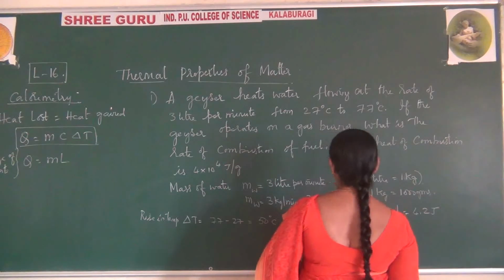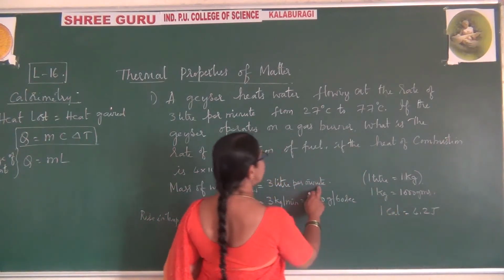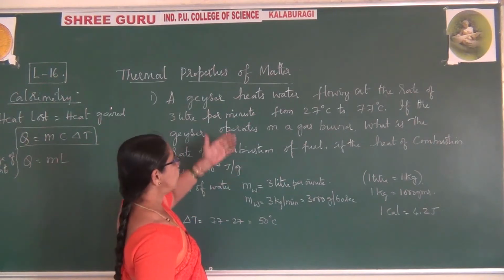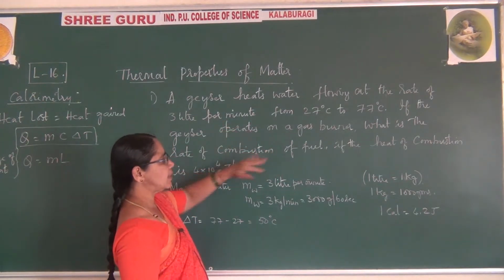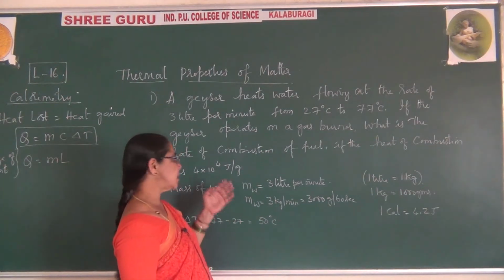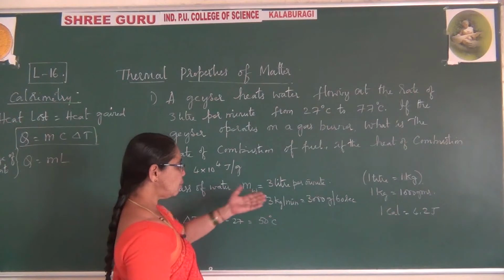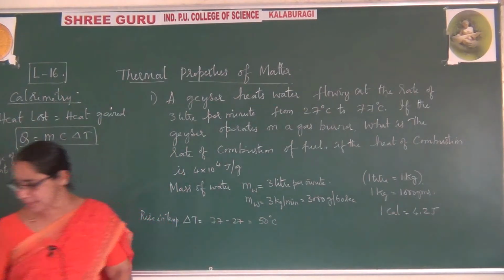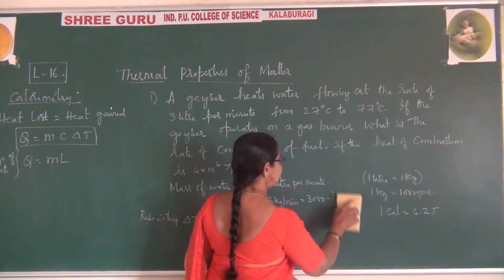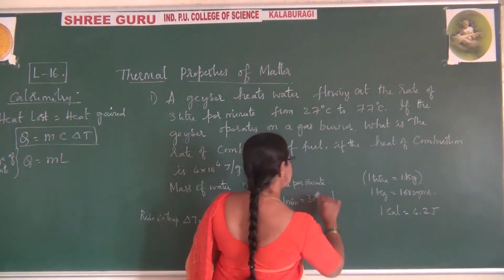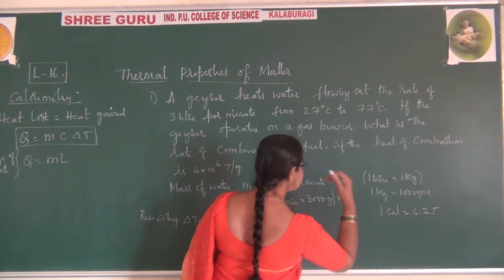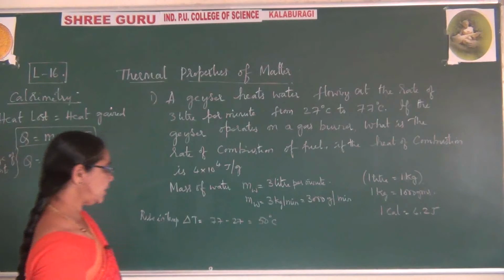Now if you want to keep this in minutes itself, here they have given joules per gram. They did not say anywhere to write in seconds, but the usual method is seconds. But even if you do not convert this to seconds, you can write in minutes. You can keep it as it is. So let me just keep that in minutes itself. This is grams per minute. Let me keep the answer in minutes.